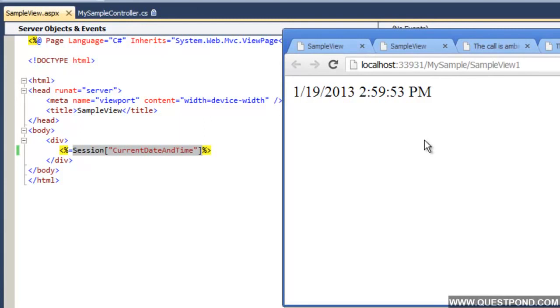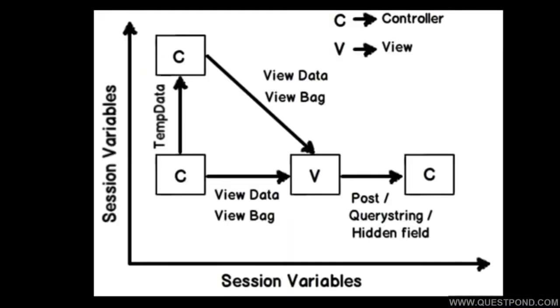So again, let me show you that big picture I was talking about, so that we can clearly get the differences between all these persisting mechanisms. Let's summarize everything we have learned. If you want to persist information throughout your MVC cycle, or until the user has kept his browser open, you can use session variables. If you want to store information while moving from action to action, you can use temp data.